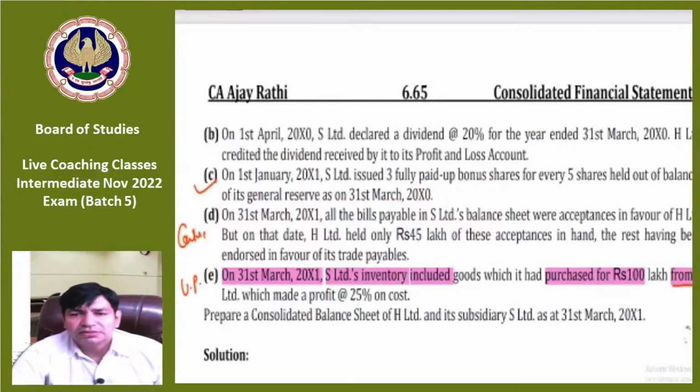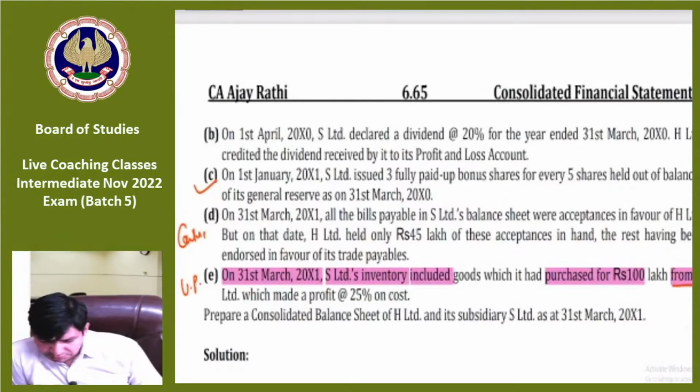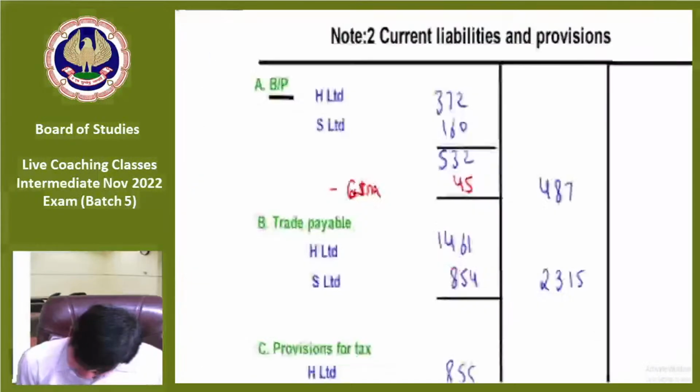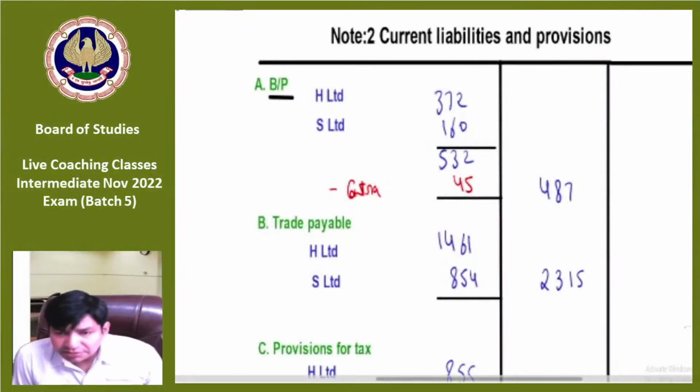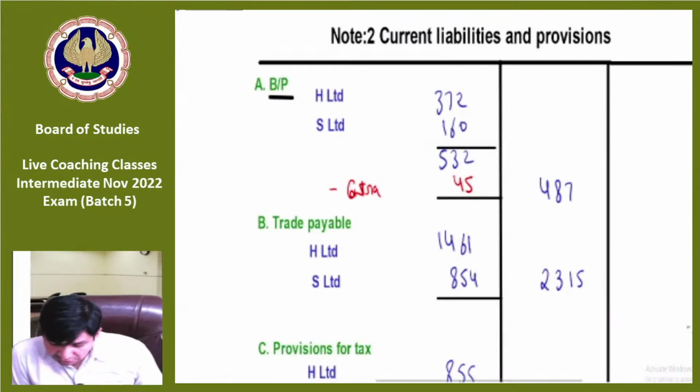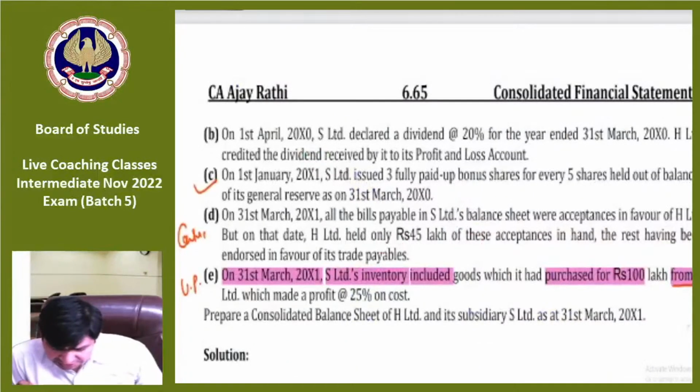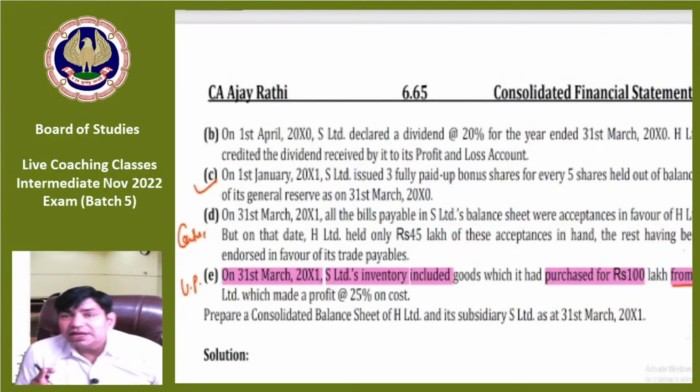So 100 lakh is no need to separately minus 45 from H. Why, beta? These are two minus; these are the contra. Anyways, now purchase from H Limited, beta, 100 lakh still in the hands of